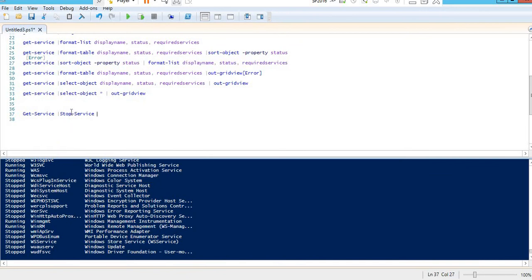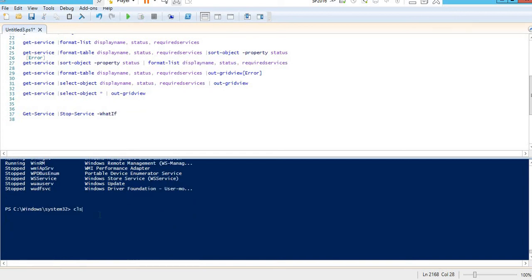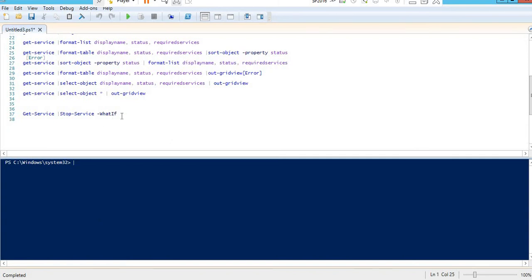But if you're not sure what will happen if you execute this command, you can execute it with -WhatIf. It will show you what will happen if this command is executed. So it's better if you are new to PowerShell, you execute any command with this, and then you will be able to see what the impact of it will be, and then you can execute it.